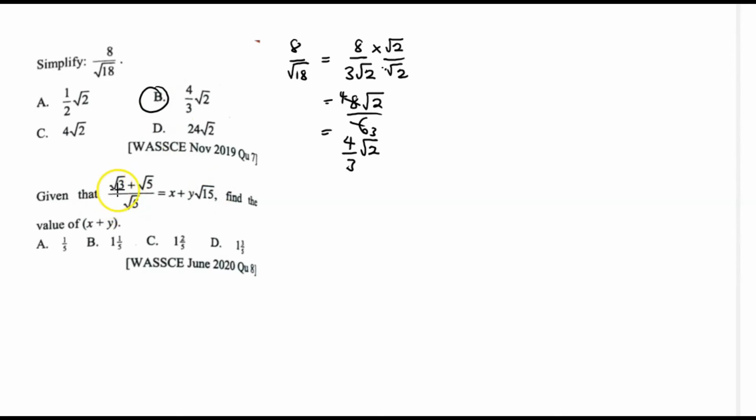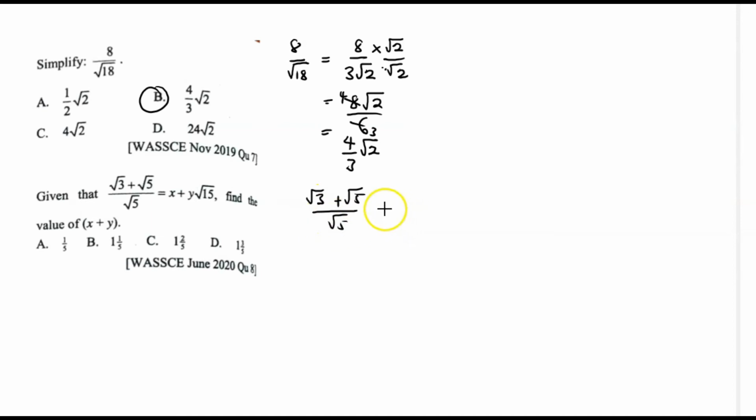Then we move on to another example whereby we are given that root 3 plus root 5 all on root 5 is equal to x plus y root of 15. Find the value of x plus y. In order to solve for the value of x plus y, we first need to find the value of x itself and y on its own. Therefore, there is a need for us to simplify the left-hand side. So taking the left-hand side into consideration, which is root of 3 plus root of 5 all on root of 5, we need to